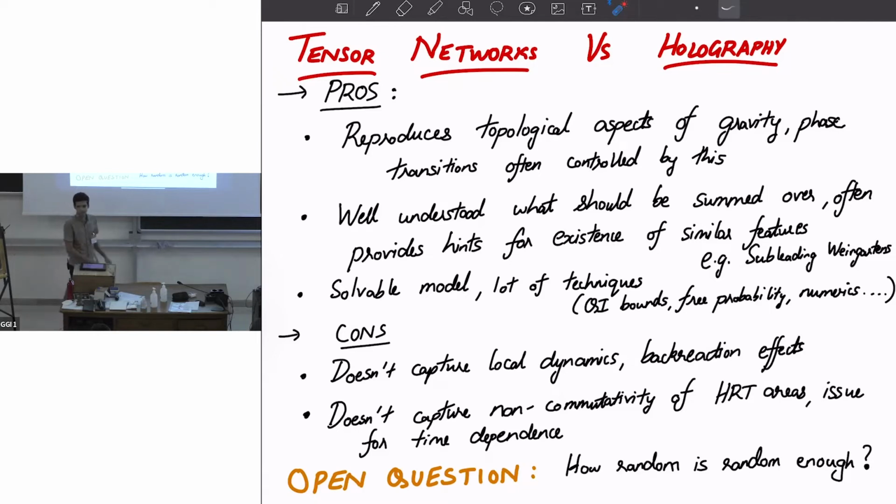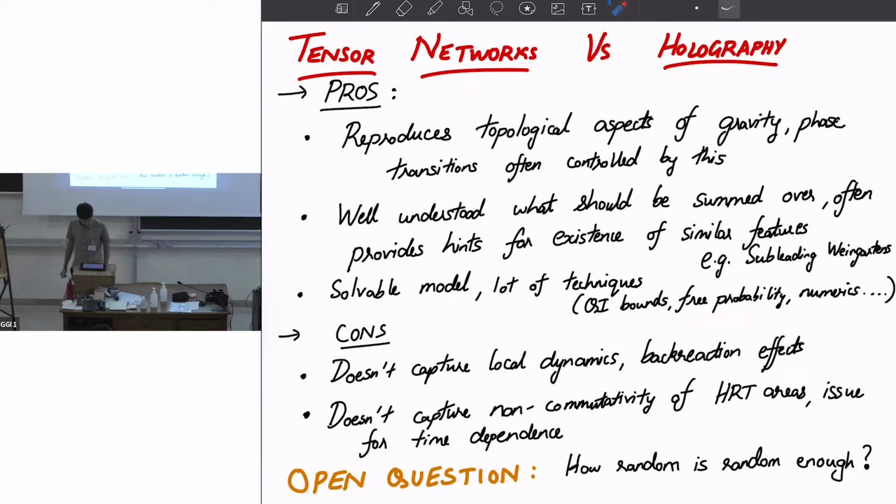People have worked with random tensors a lot. There are a lot of different techniques, some of which we heard during this workshop as well. There's free probability theory. There are numerical things you can do with it. So there are many different ways in which you can attack the problem compared to what we can do with the path integral, where we have much more limited capacity. And so it's